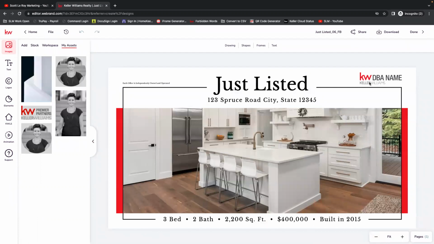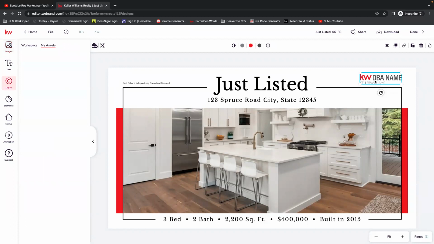In the other designs classes and print marketing, we also go over setting up my assets in the initial designs applet. And these are going to be your frequently used photos. That is the default when you come into a design to start editing. For this one, because we selected just sold and there's no headshot, I'm just going to work my way down